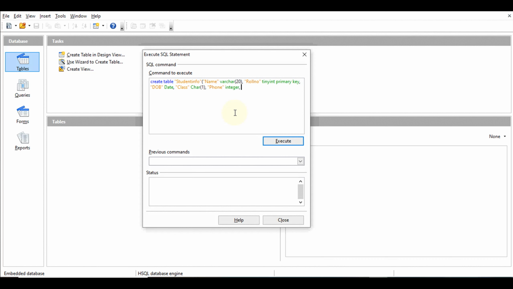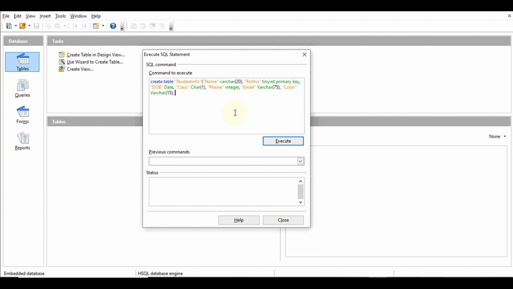Now thereafter the next one is email, its data type is varchar, so varchar, and length is also given, 75. And thereafter the next column is color, so color in double quotes, and here its data type is varchar, and its length is 15.